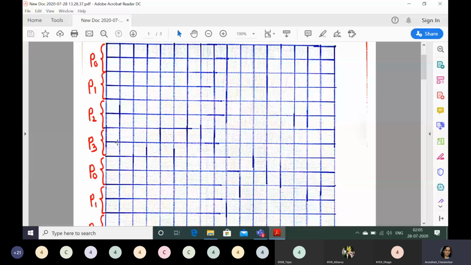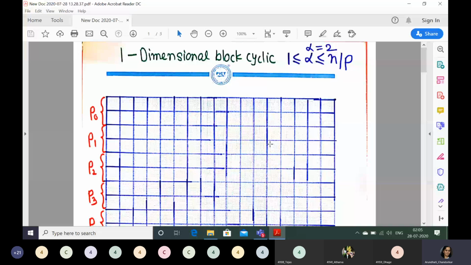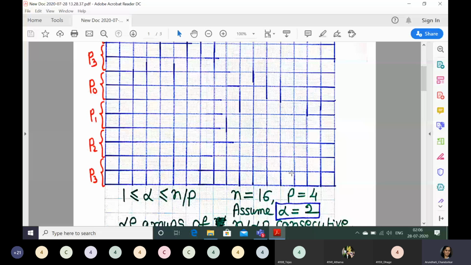So now let us go ahead. Next two cases are, first I will show you the cyclic, that is the extreme case of block cyclic. So in cyclic I will substitute alpha is equal to n by p, and the last case I will show you the pure block. In that case I will substitute alpha is equal to 1, that is the lower bound, and similar thing we are doing, again dividing the matrix into alpha p groups only. Now at least it should be clear. So let us go ahead. I hope this first is clear. Anything, please text in the chat box.